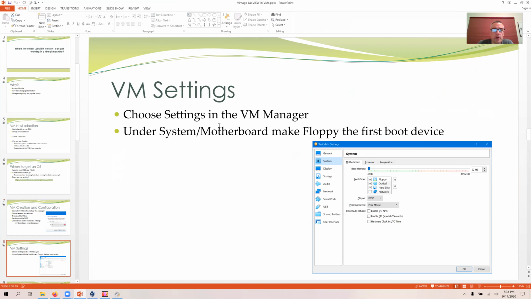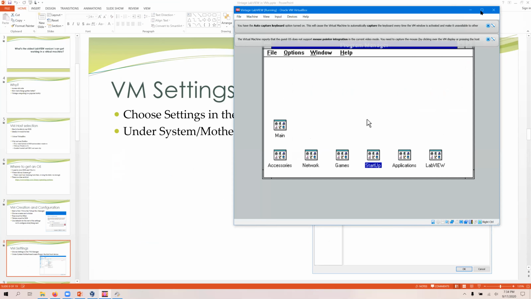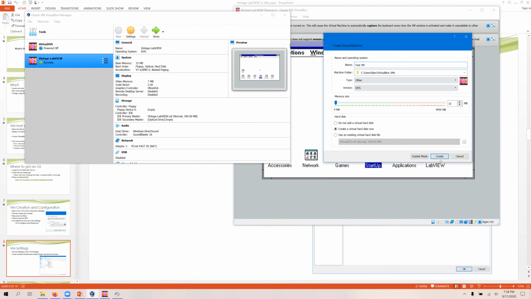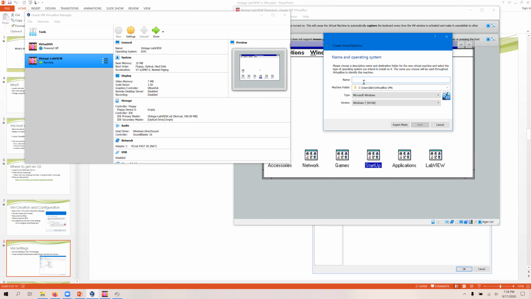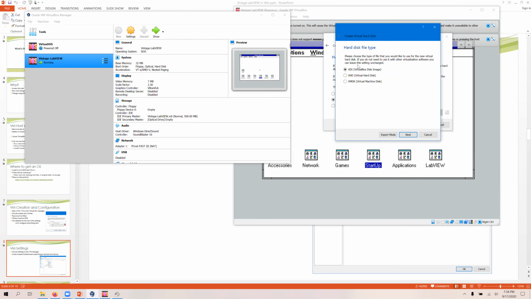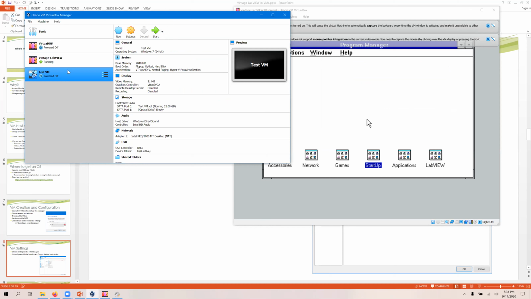And the other setting is in here under system/motherboard, make floppy the first boot device. Just hit next through all these things here. And you want this VDI VirtualBox disk image. So now we've got this, obviously done something wrong there. Anyway, but